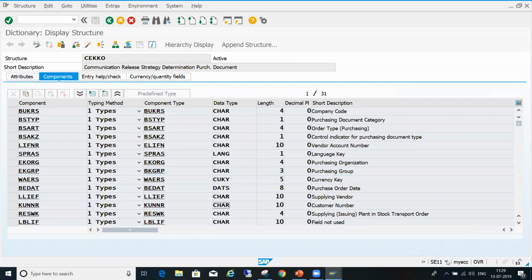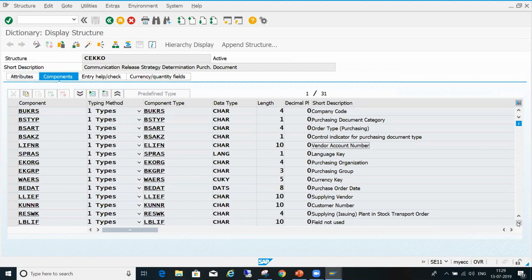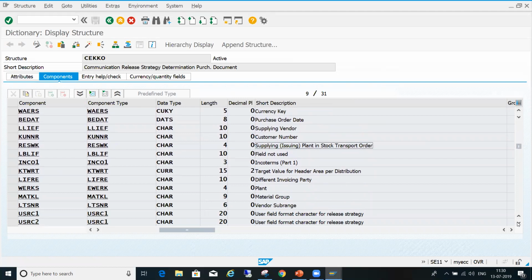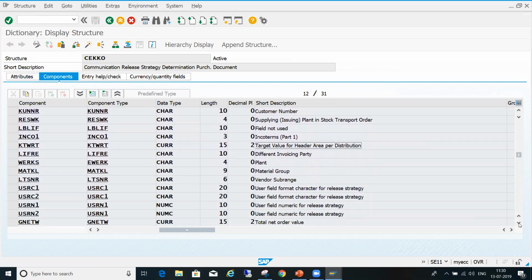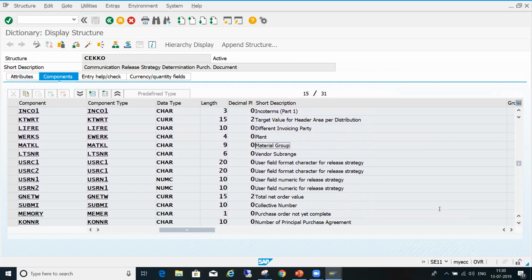Decode in SC11. Then find out what the total value field is. Okay, so total net order value, that is GNETW. Total net order value is nothing but GNETW.